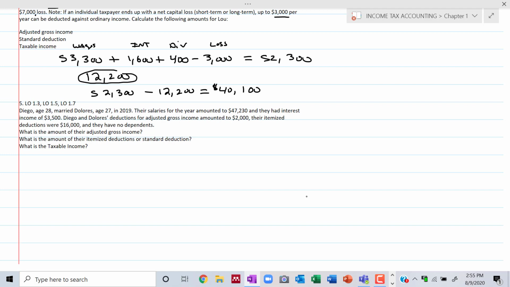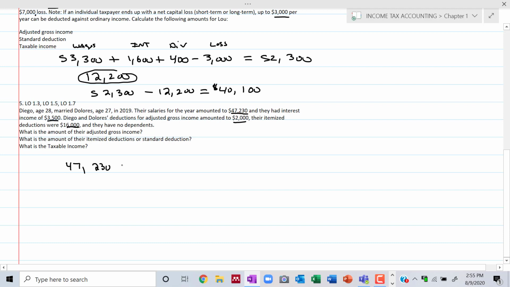What is the amount of the adjusted gross income? What is the amount of the itemized deductions or standard deduction? And what is their taxable income? And so the data in the problem: salaries of $47,230, interest income of $3,500, and deductions for adjusted gross income of $2,000. The itemized deductions were $16,000. They have no dependents. So when calculating the AGI, adjusted gross income, we're going to take the